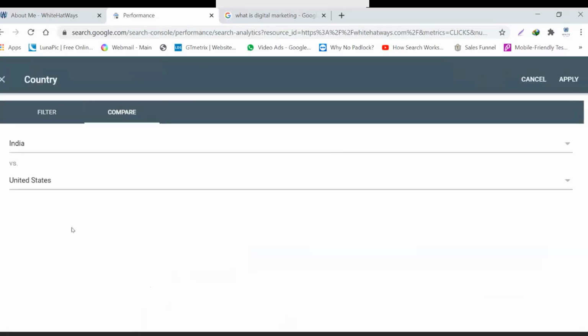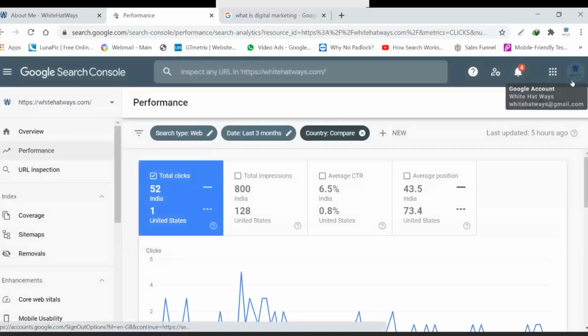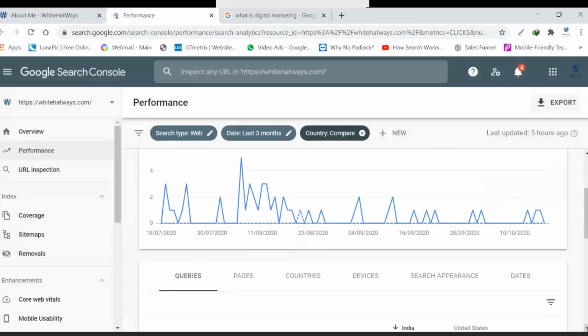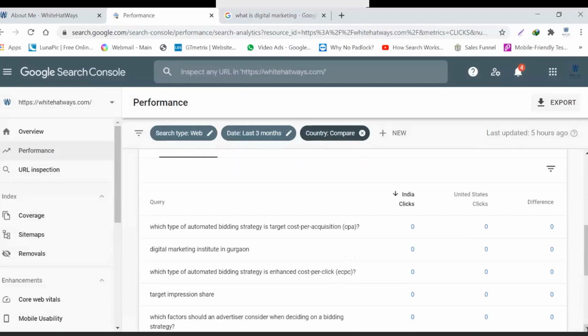So India versus United States, and I'll click on apply and see. There is a comparison between both the countries, and for all the obvious reasons, India is far ahead of United States in terms of clicks, impressions, average CTR, and average position as well. So India is the one that I should ideally be targeting, and I am targeting rather. And you can see all the queries which are coming.